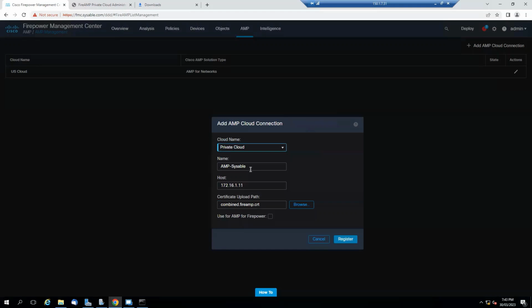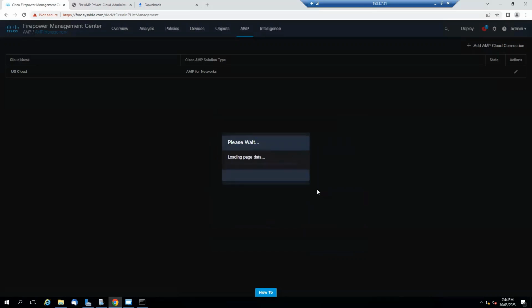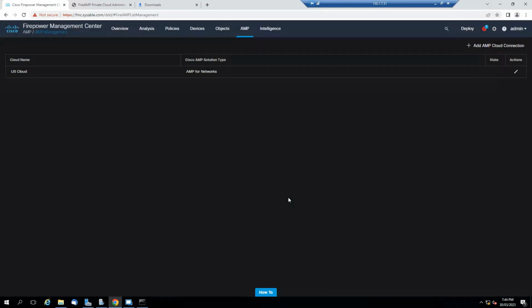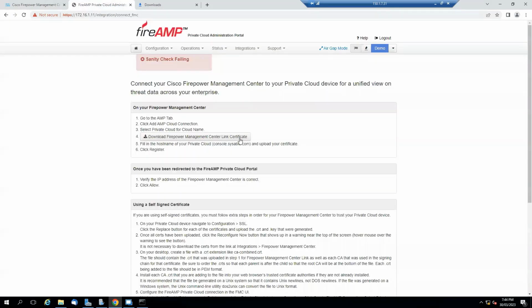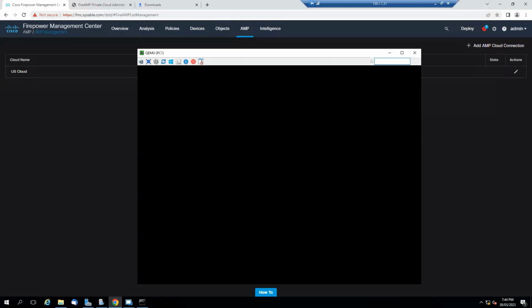So I will say this should be the private and this time I will not select this one because I don't have the license. That might be another issue. Yep. Because of the license, I am not able to add, but I need to have a license, then only I am able to add. So once you added that one, now if I go back to my PC,